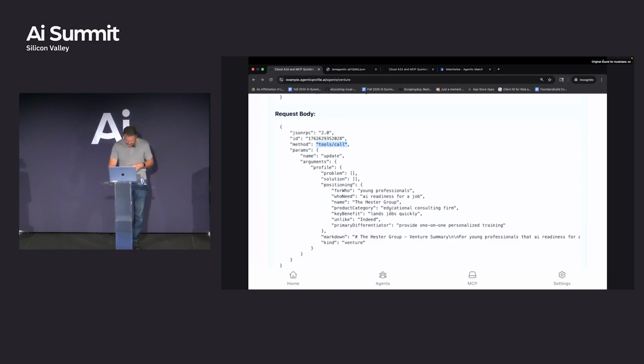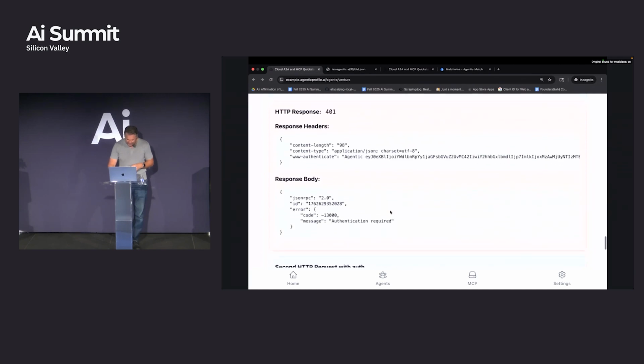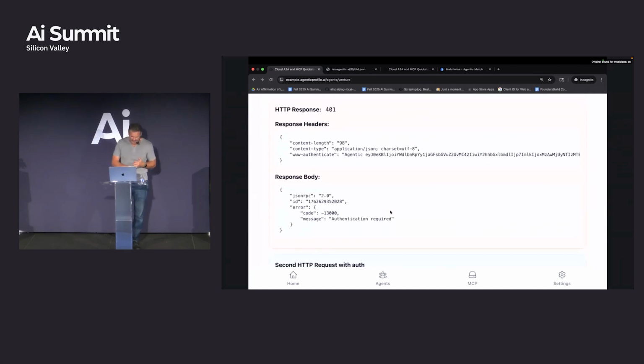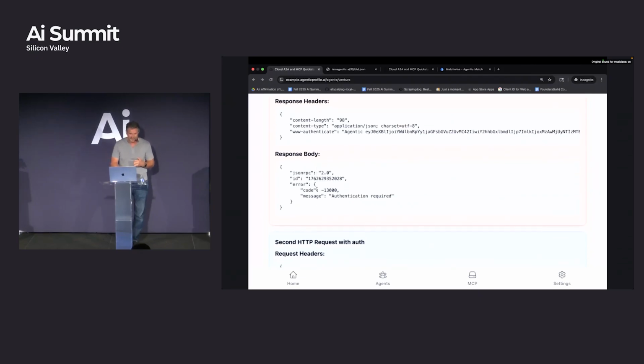Now what happened down here is that it got grumpy with me. It said no, here's a 401 at you, and I'm going to challenge you. I'm going to say WWW-Authenticate. So a 401 plus a WWW-Authenticate. Typically there are other mechanisms for this, but I'm grabbing Agentic for the fun of it. Here's this Agentic and here's this, I forget, base58 or something like that, encoding. So this is a big payload that I'm passing across the wire. And down here, I'm being a good citizen. On the JSON RPC side, I'm also passing a JSON RPC error body. I didn't have to do this, but it's nice to do.